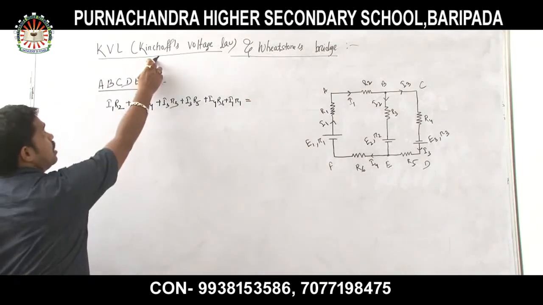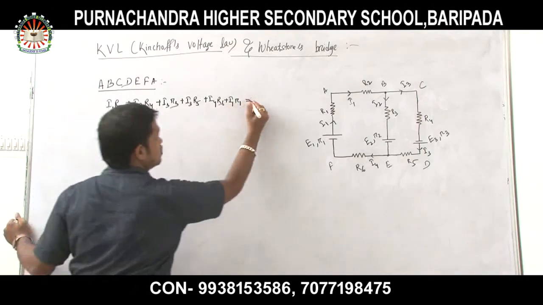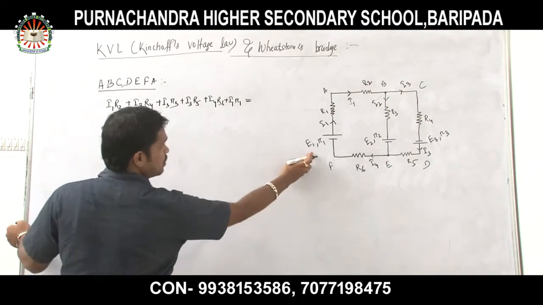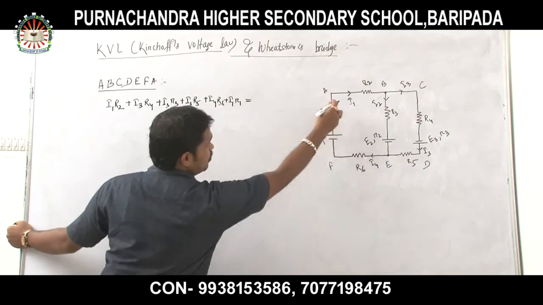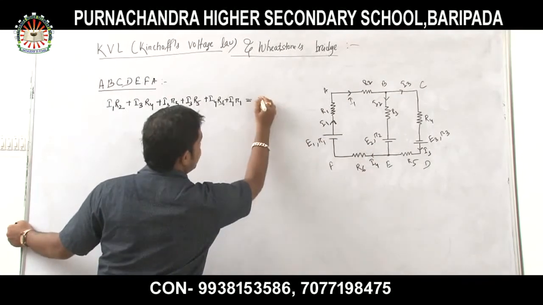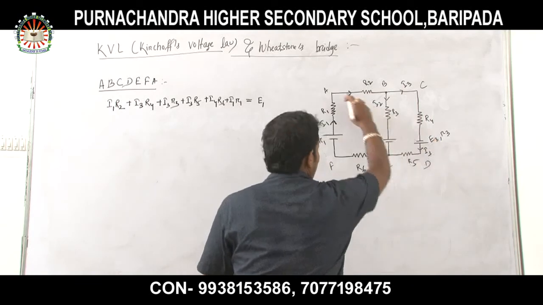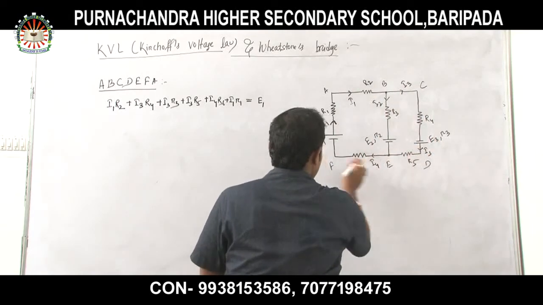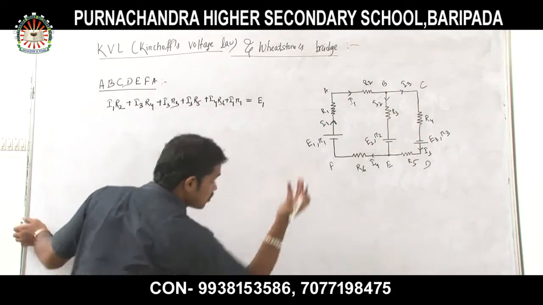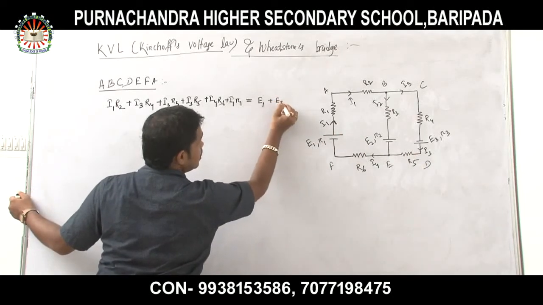So according to our KVL law, the algebraic sum of the current and resistance products in a closed circuit must be equal to the total EMF. So let us verify the EMF. Look at this EMF E1, it will produce a clockwise current, the direction is clockwise. So that's why we have to take it positive. Okay, and come to E3. Because we are moving in this loop A, B, C, D, E, F, we are not going through this line. So that's why we are facing this E3. This is also producing clockwise. Look at it. So that's why plus E3.